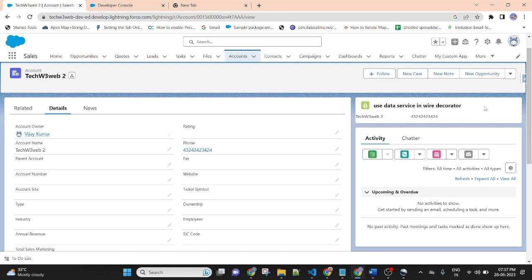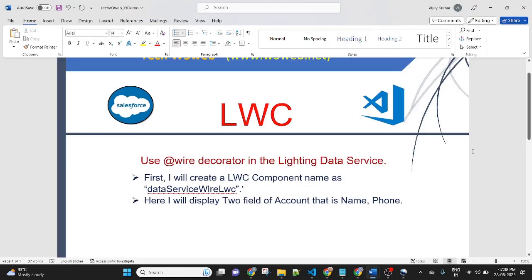So here I am retrieving the values of account phone and name using the data service without using the Apex class method. So friends, if you are stuck with any kind of issue using the wire decorator in the Lightning Data Service,